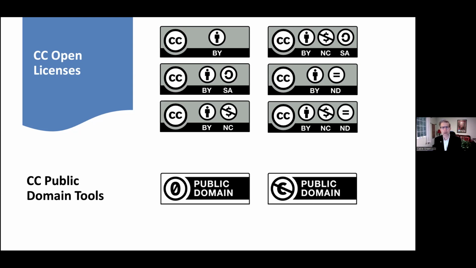CC0 is also very popular with data. Most data is not copyrightable in the first place, but some people try to imply ownership over copyright over data. So it's quite common that people will apply CC0 to big data sets in science and other academic literature to be very clear with the world that the data is in the public domain.